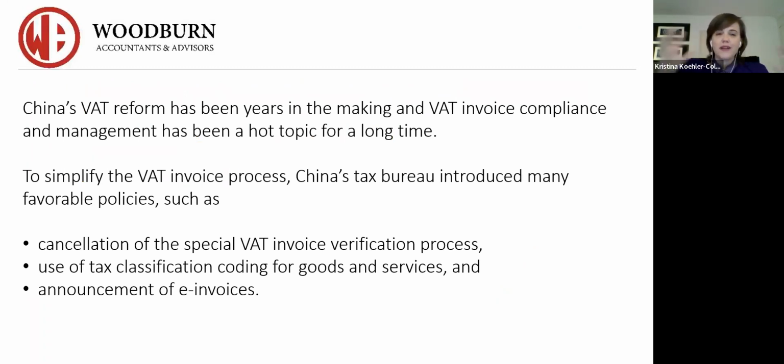Now, there's been tremendous reform over the last 17 years around VAT. Previously, if you ever did your own research on Google, you would have heard of business tax. Business tax used to be the tax imposed on service companies, and that has been completely revoked. And now everything is within this VAT system. Now, the VAT system has improved a lot over the years.